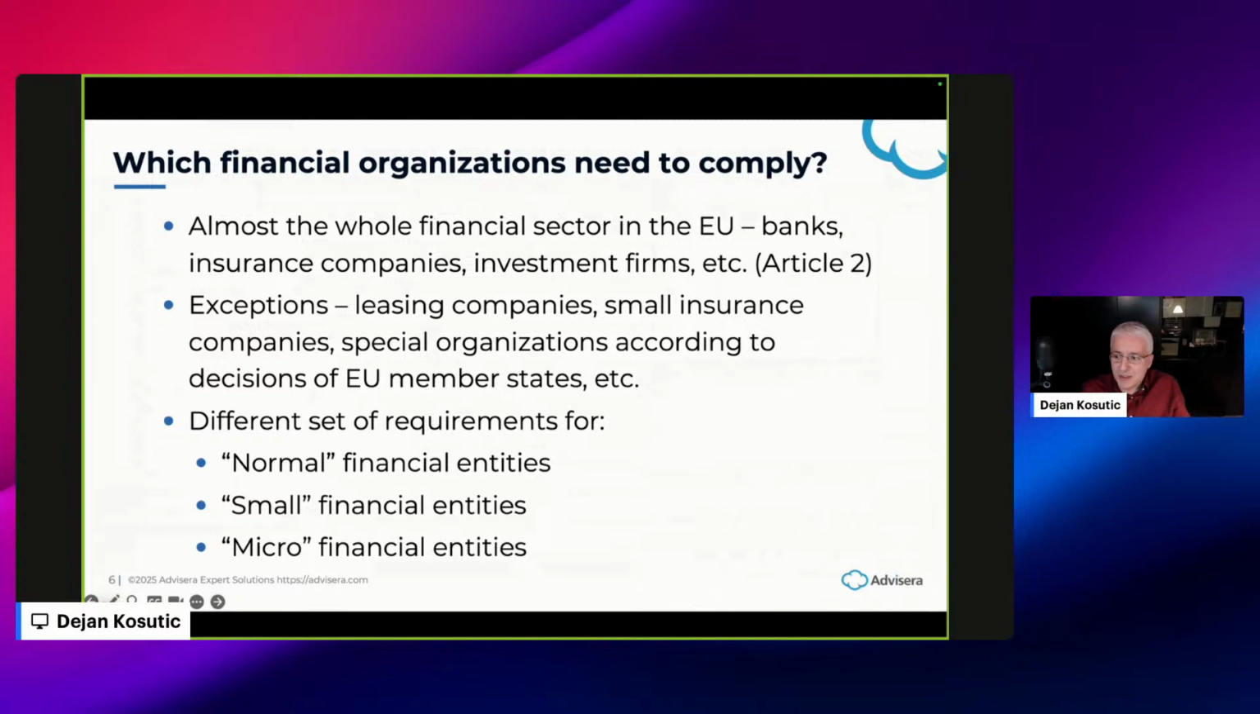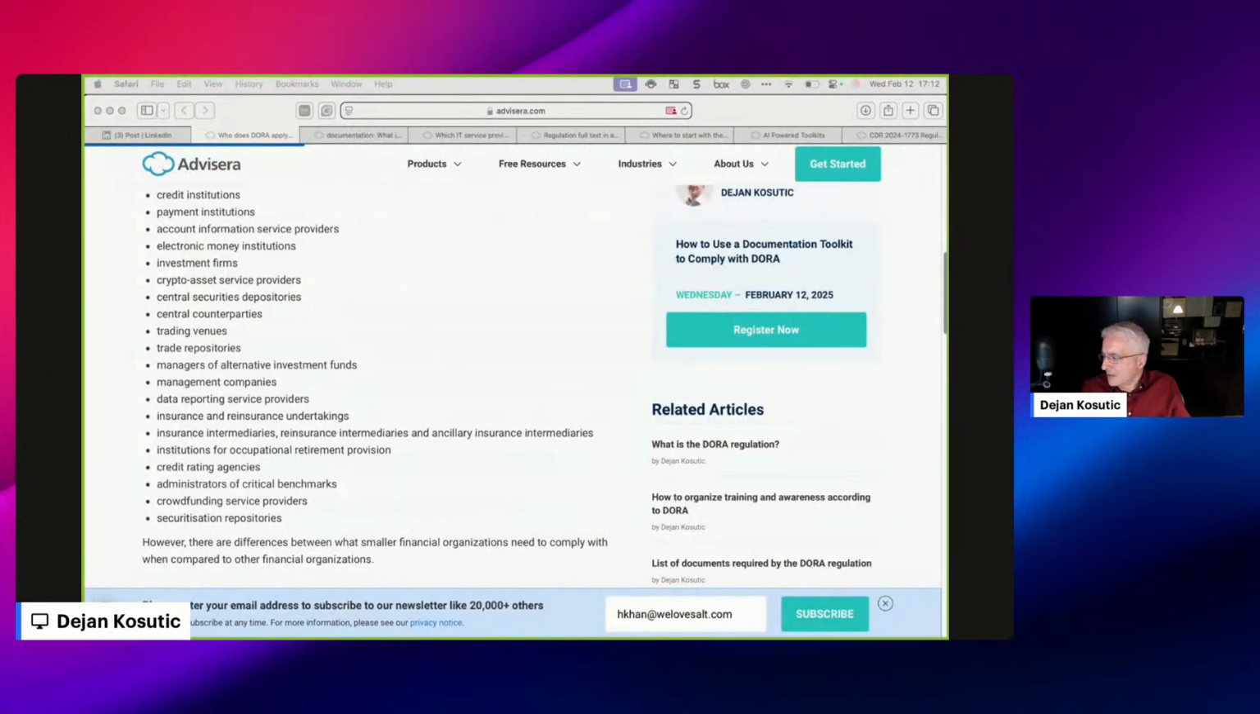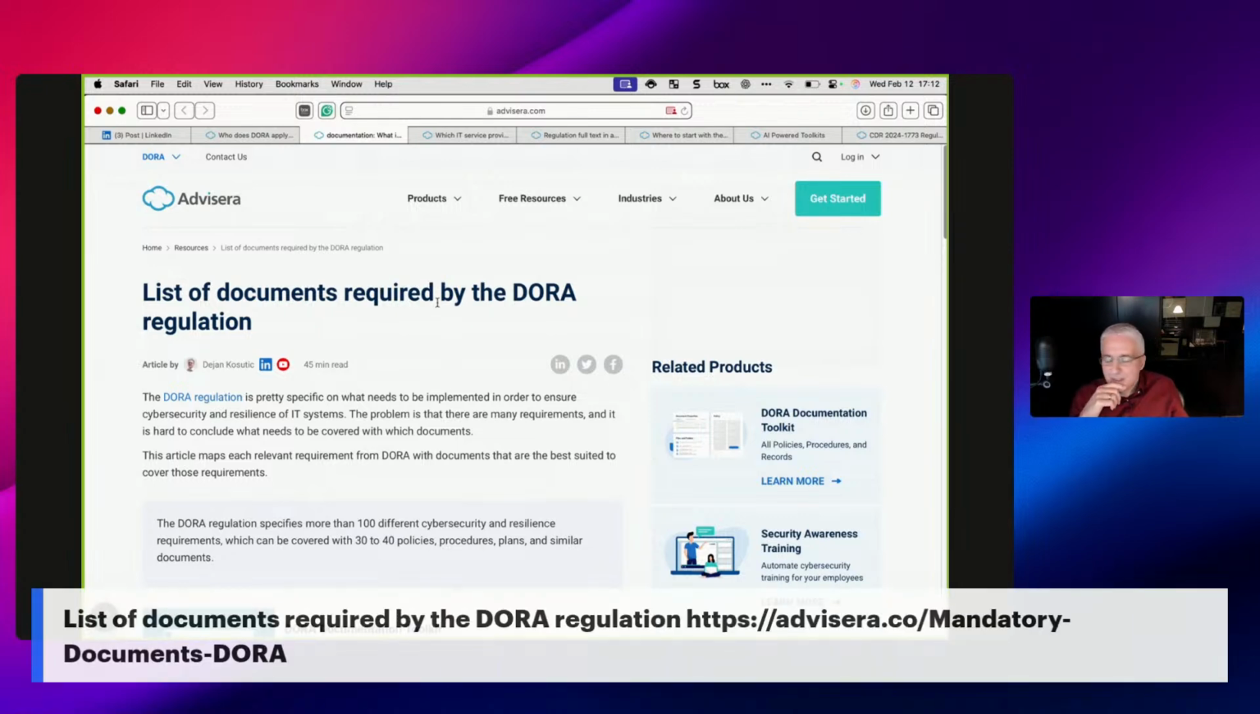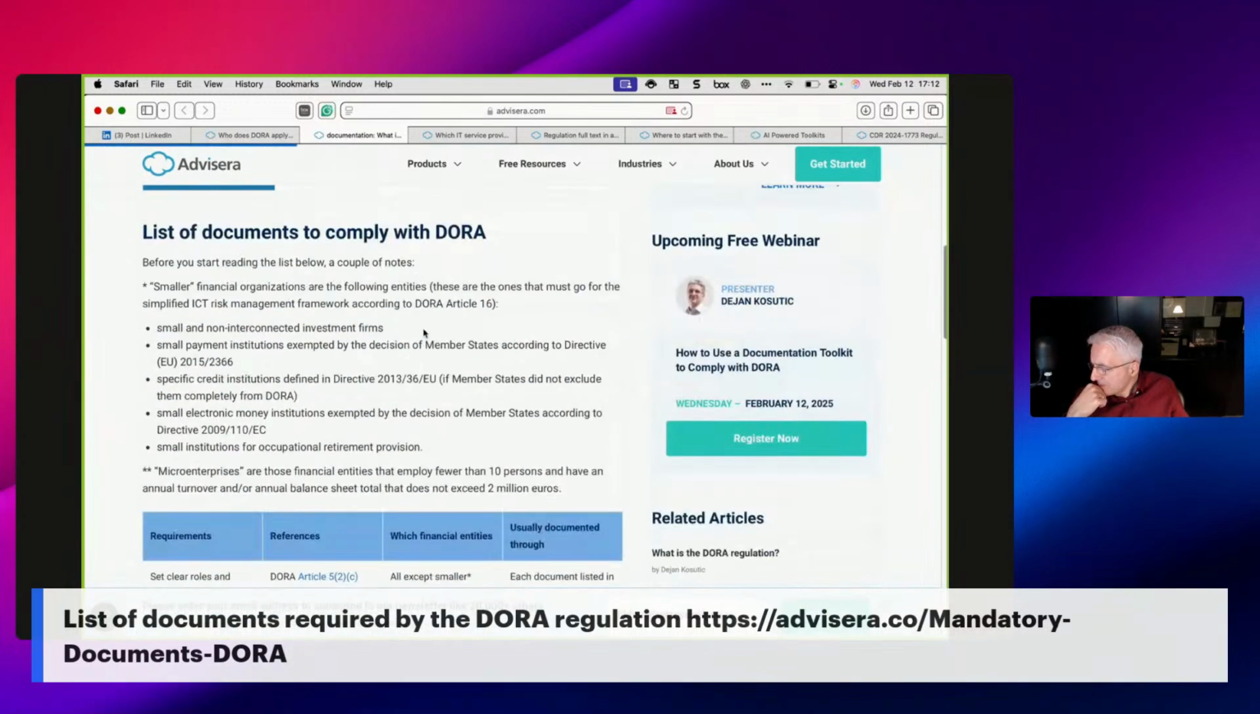Let me switch to another article on the website to show you what I mean. This is the article called List of Documents Required by DORA Regulation. I will send you the link to this article now. When you scroll down, you will see an explanation of these smaller financial organizations, listed here. These smaller financial organizations go for a simplified ICT risk management framework. So if you're a smaller financial organization, then you don't go for a regular ICT